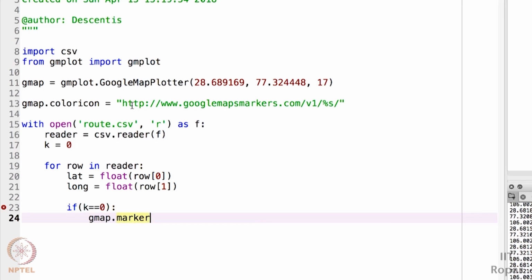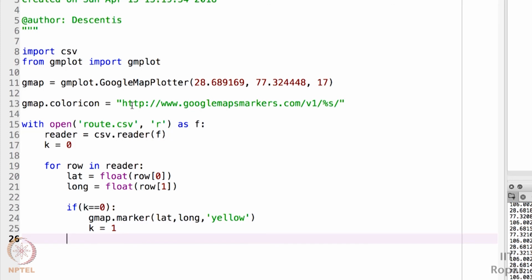This marker function puts a marker at a particular latitude and longitude value, which is the first lat and long value, with color yellow, and I'll make k equal to 1. It means that this was the first.